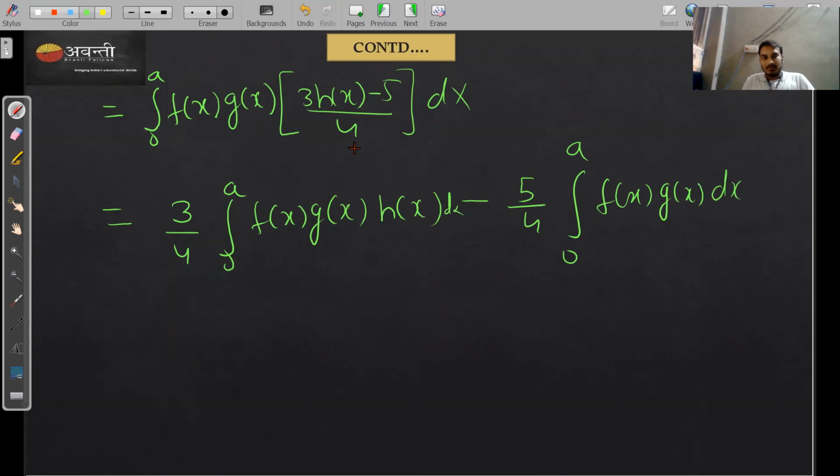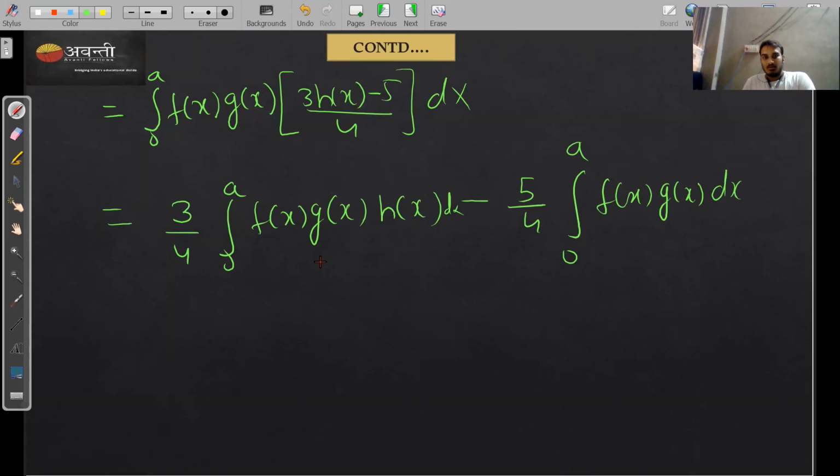So I just separated this denominator and then multiplied this outside with each of the terms and then separated the integration. So those are the two steps I did between this step and this step, right? Those are pretty straightforward. But you can imagine what I did. Just first separating this denominator with each of the numerators, and then I multiplied f of x, g of x with each of the terms, and then separating the integration with each of those terms, right?